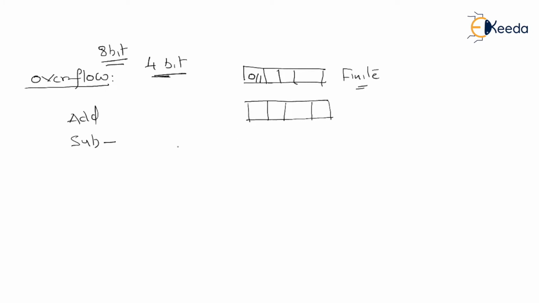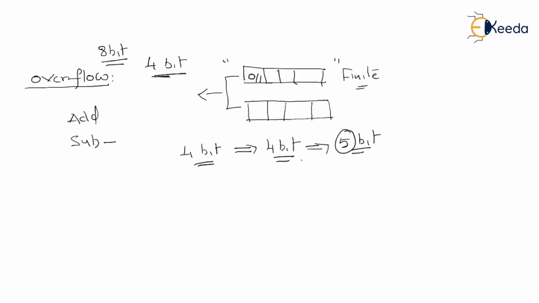When you perform an operation on the values of two registers, the result may exceed the size of the register. That is, when you add two 4-bit values, the result should be just within 4 bits. But sometimes we may get a value which exceeds this 4 bits. That is, the result may be 5 bits. That means we got an end carry, right? I'm not referring to this end carry as an overflow. There is something more about overflow that needs to be understood.